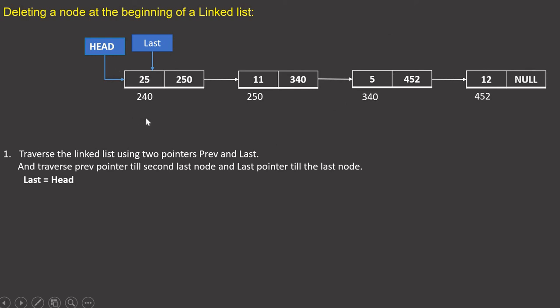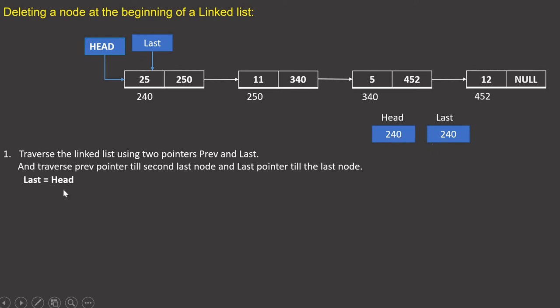Okay, so how I'm going to traverse it is a little bit tricky here. First you have to write head is equal to node, because initially we have the head, meaning the base address from where the linked list is starting, which is 240. So simply assign last is equal to head. Head has the value 240, and I just copied it into last, meaning both are pointers, right? And here we are storing the base addresses.